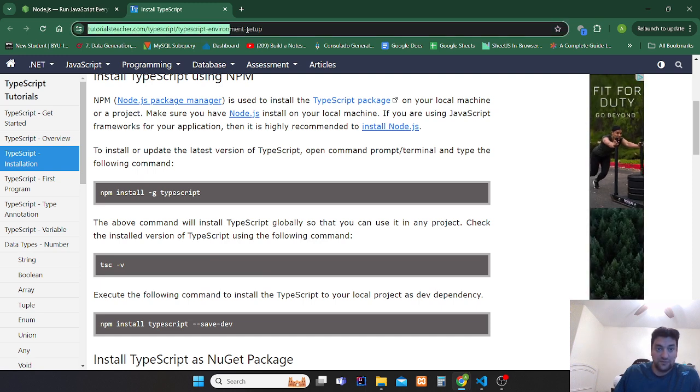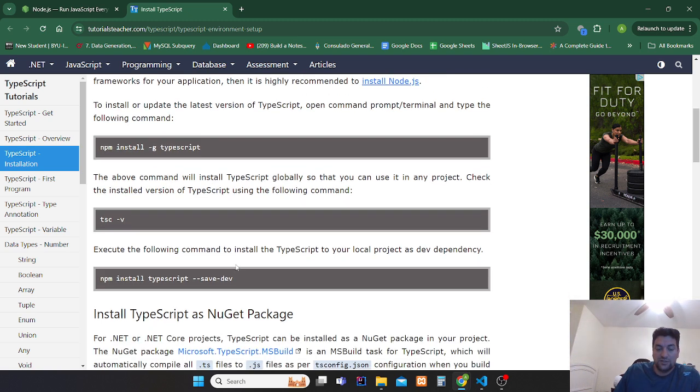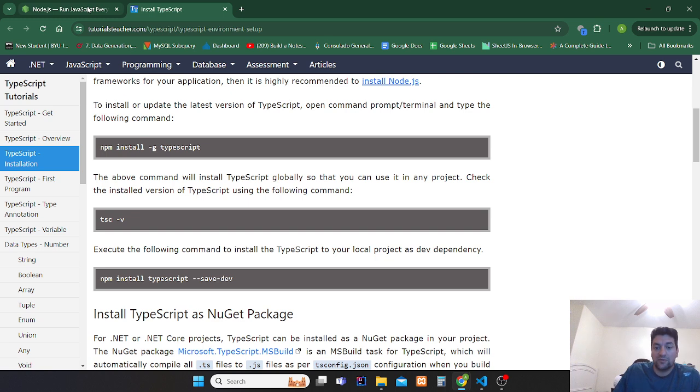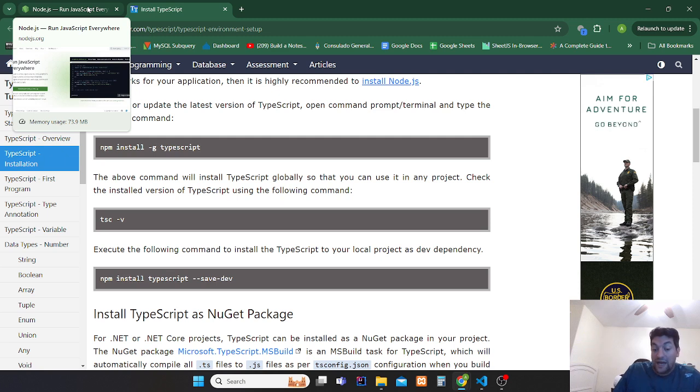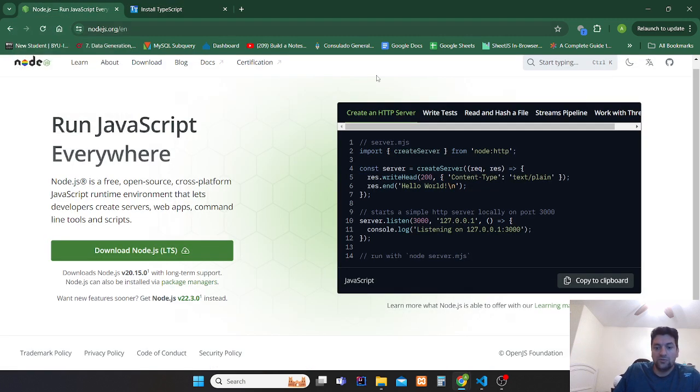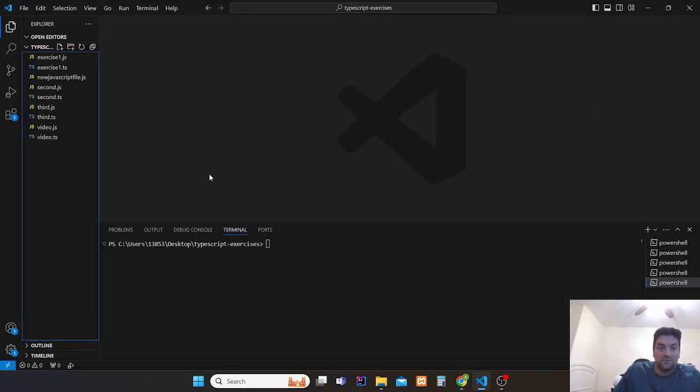I just found this web page that has some instructions of what you have to do if you have Windows to install TypeScript and all the packages and all the stuff that you have to type in the terminal, either if it is Mac or Windows. Once you do that, you will be able to use it with Visual Studio Code.